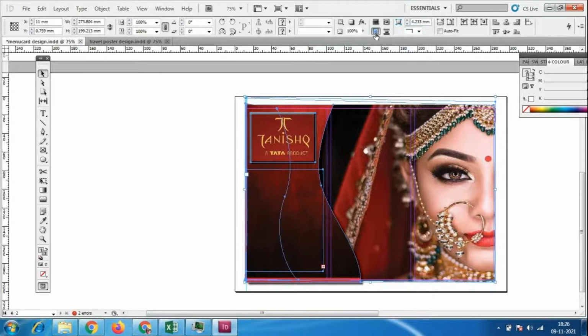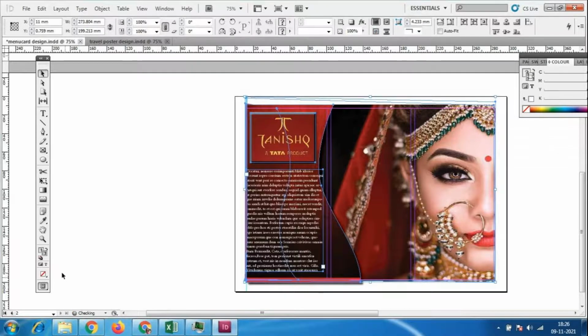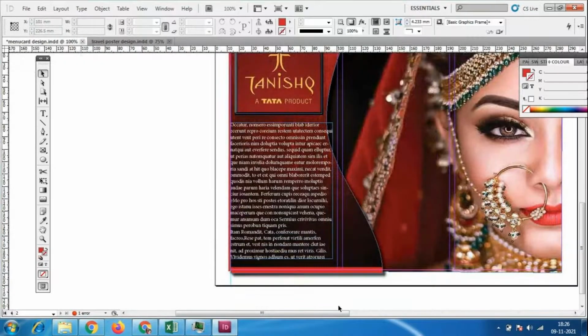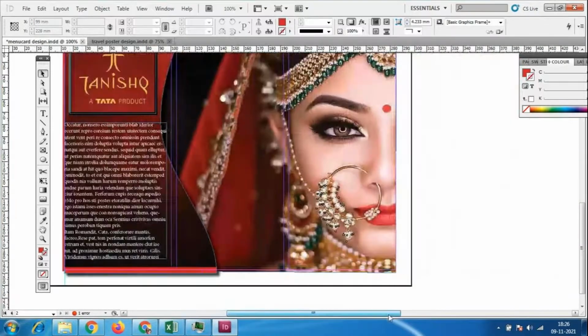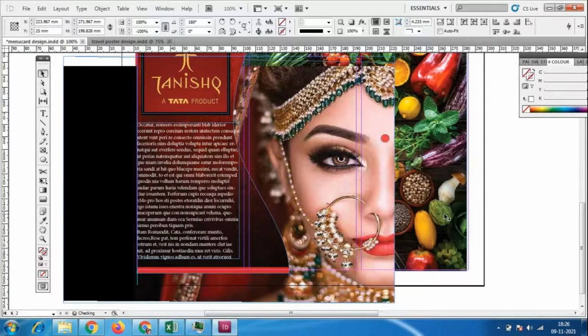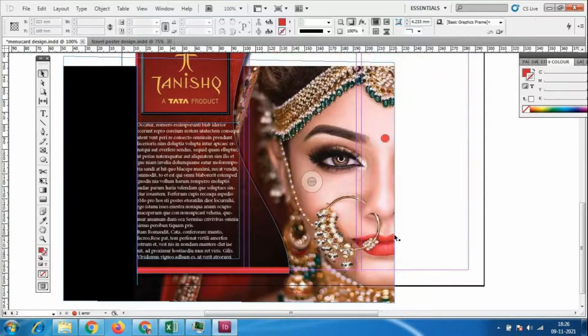See, some of the things I have selected are not familiar with this, because whatever background I have, I have placed the vegetable image in the background. I'll delete those things.